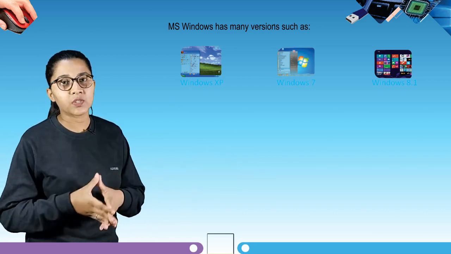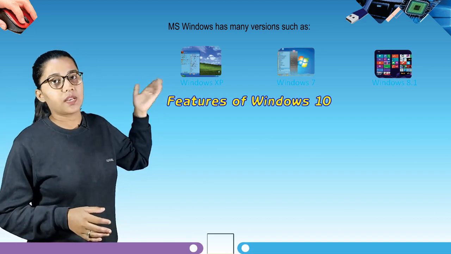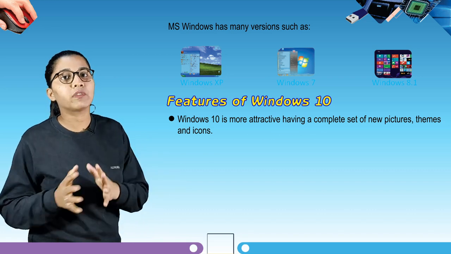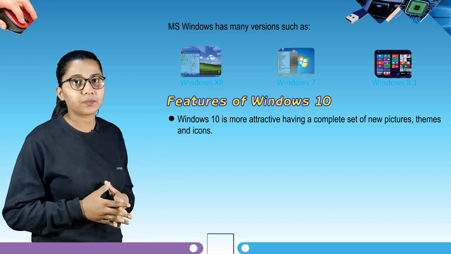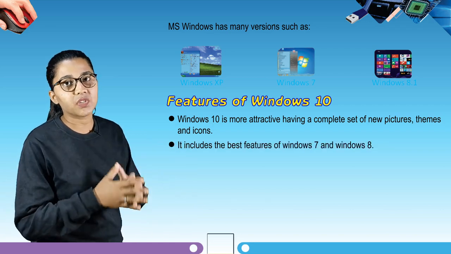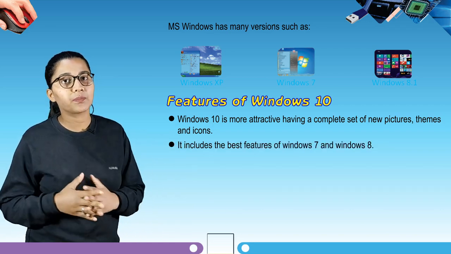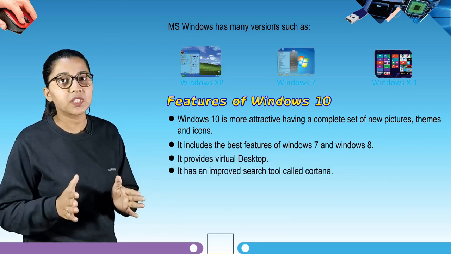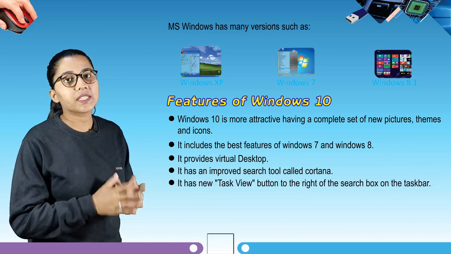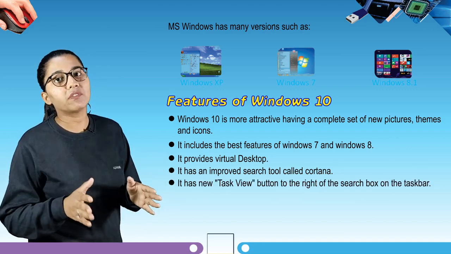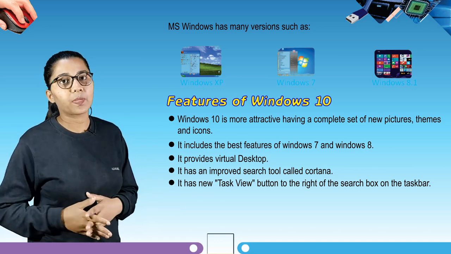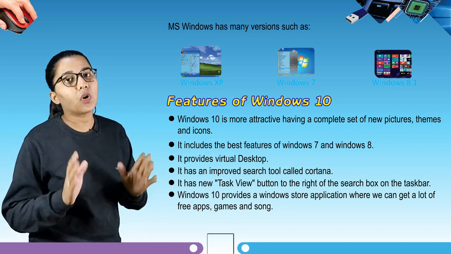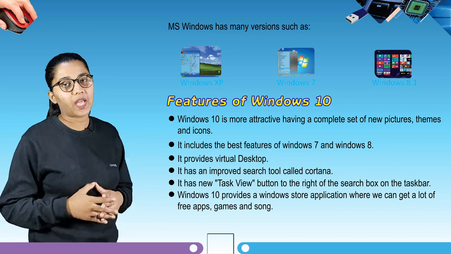So students, our next topic is features of Windows 10. Windows 10 is more attractive, having a complete set of new pictures, themes and icons. It includes the best features of Windows 7 and Windows 8. It provides virtual desktop. It has an improved search tool called Cortana. It has a new task view button to the right of the search box on the taskbar. Windows 10 provides a Windows Store application where we can get a lot of free apps, games and songs and